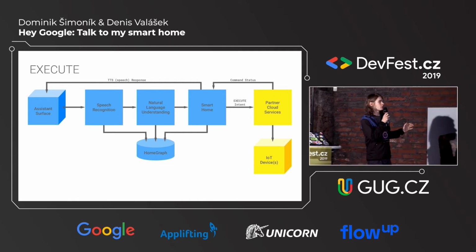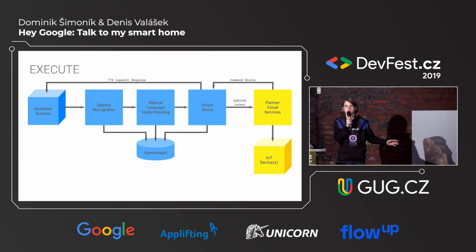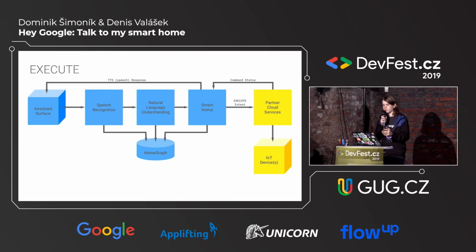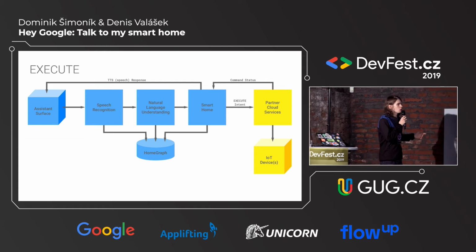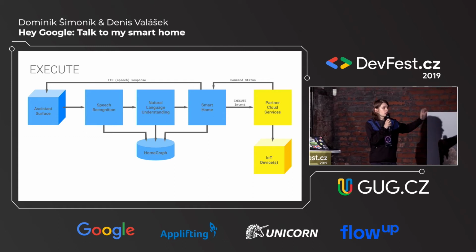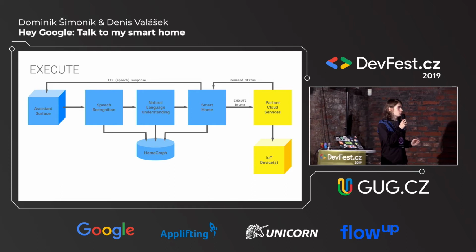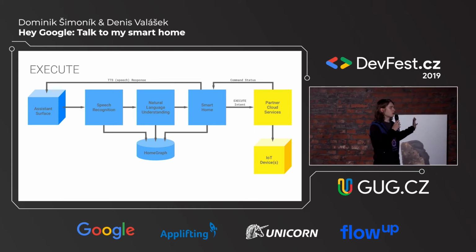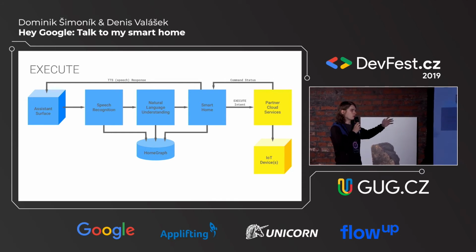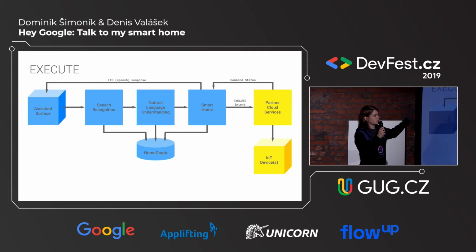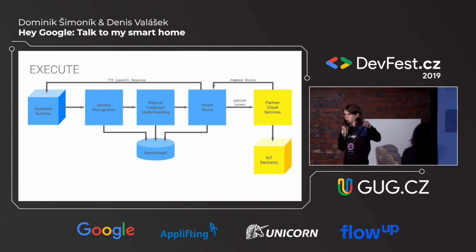The most important one probably is the execute intent. It will be called when the user says some action. So when I say turn the lights off, it will call the execute intent with the IDs of the lights and what it should do with them, turn them off. So it will go through the speech recognition and all the natural language processing, which we don't have to take care of, Google will do that, and we get just simple information, turn this off.